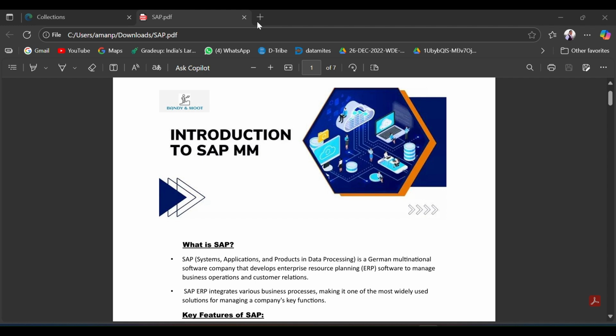It is a powerful ERP software that companies use to manage their business processes, like accounting, sales, purchasing, HR, and more, all in one integrated system. With SAP, different departments can share data and work together smoothly, which helps in making faster and better business decisions.